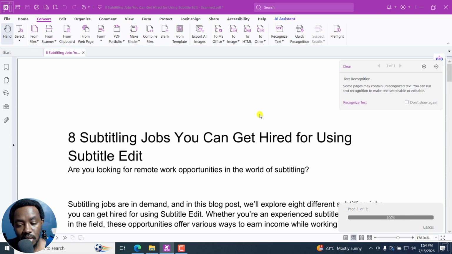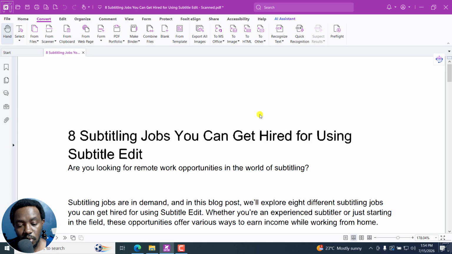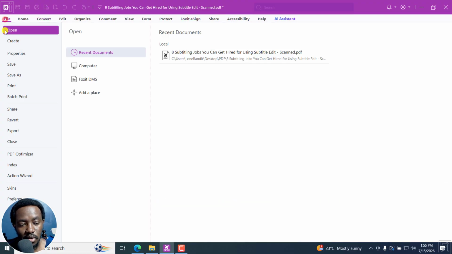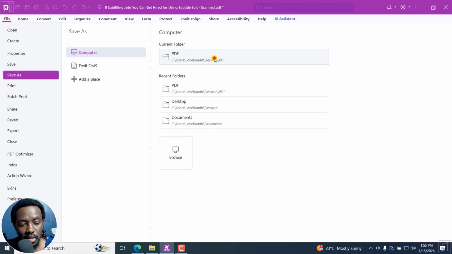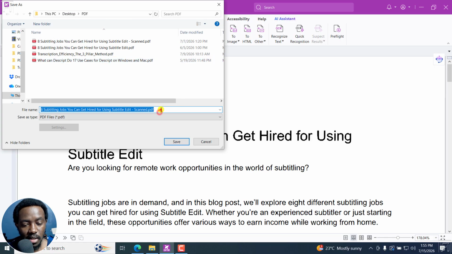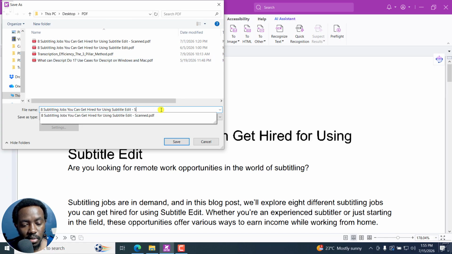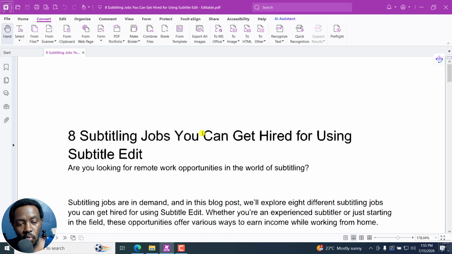And once it's done, there we go. You'll notice there's a slight movement, and you'll see this particular asterisk here showing you that this file has now been converted. So I can first of all click on File, Save As, navigate to the folder I want to save, and maybe add something like editable. Click on Save, and once I do that, I'll come back to Convert, and then from here to MS Office,